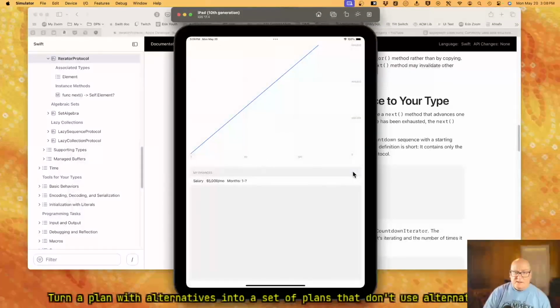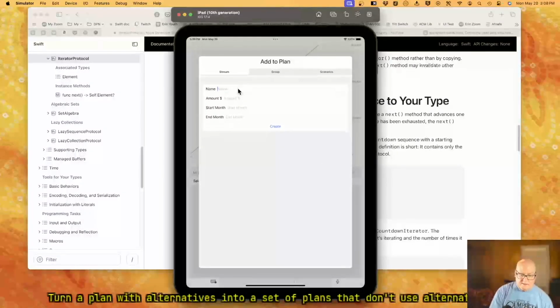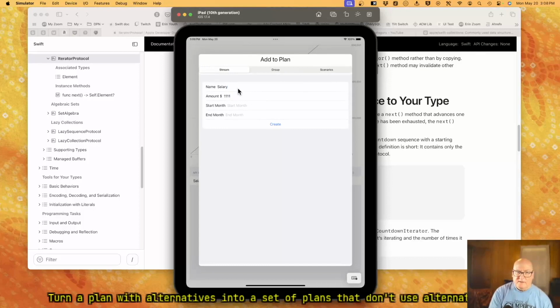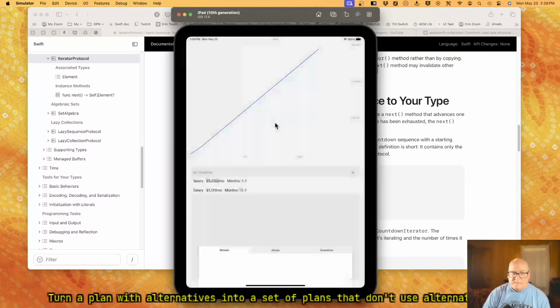And then we'll add salary 1111, month 12. Okay, we got the bend. Yeah. Okay, so now it's adding them. And that's not